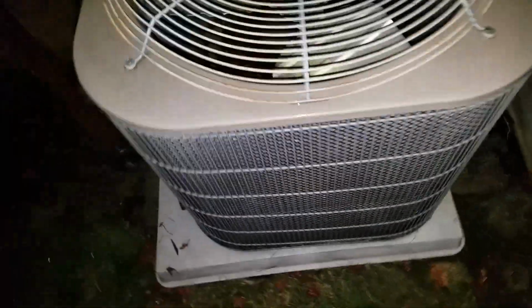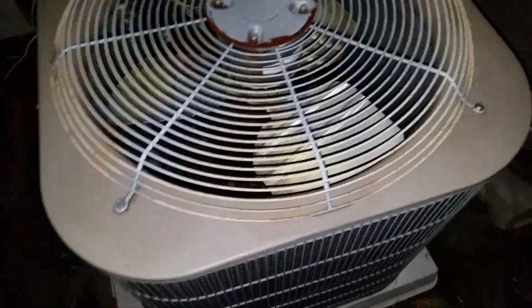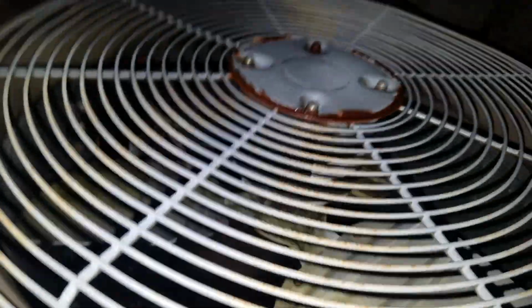Oh, let's get a shot of the compressor. If my camera will. You can hear the refrigerant going through it. Benchmark Bristol. Suction accumulator, reversing valve, filter dryer. It's got an internal filter dryer. I can't get it with the tripod, but